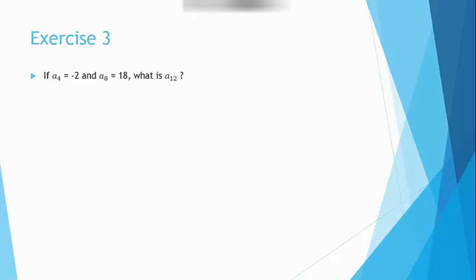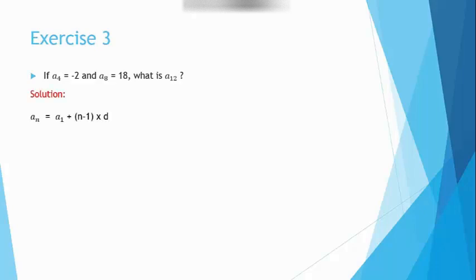Exercise 3. If a4 equals negative 2 and a8 equals 18, what is a12? So for this question, we do not have the first term, we do not have the common difference. But without those values, we cannot find out a12. So what we are going to do here is to apply the equation,